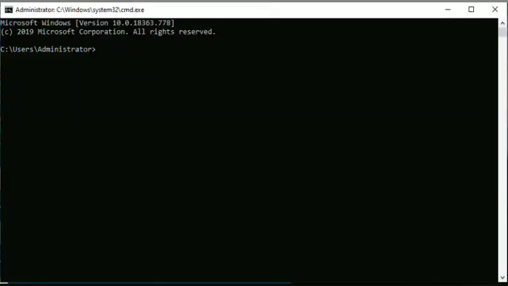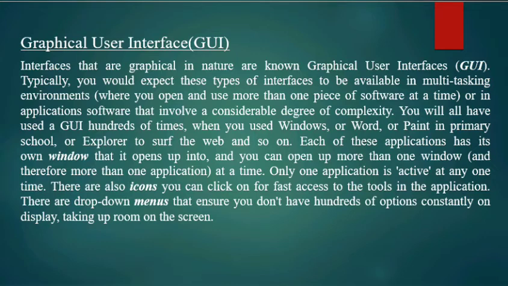It is known as the command prompt. Here we type certain commands for what we actually want to do. If we want to open a particular application, we type the commands needed for that here, and the application will be opened. Or if we want to install anything, we need to type some commands here in the command prompt. That's how we can communicate with the computer if the user interface is a character user interface. Examples of operating systems which provide CUI are DOS and Unix.